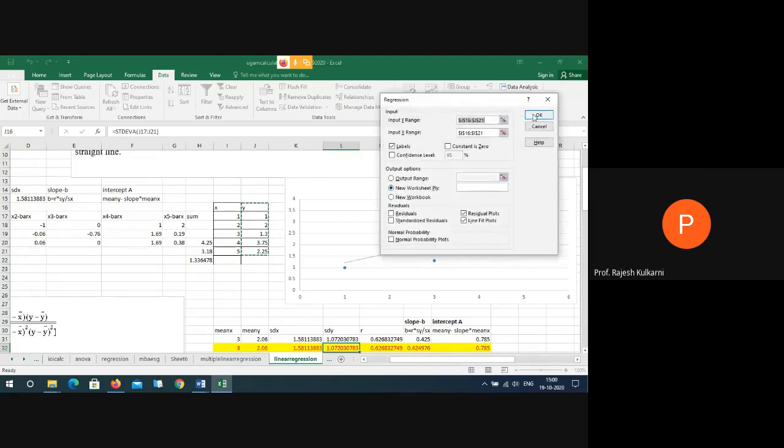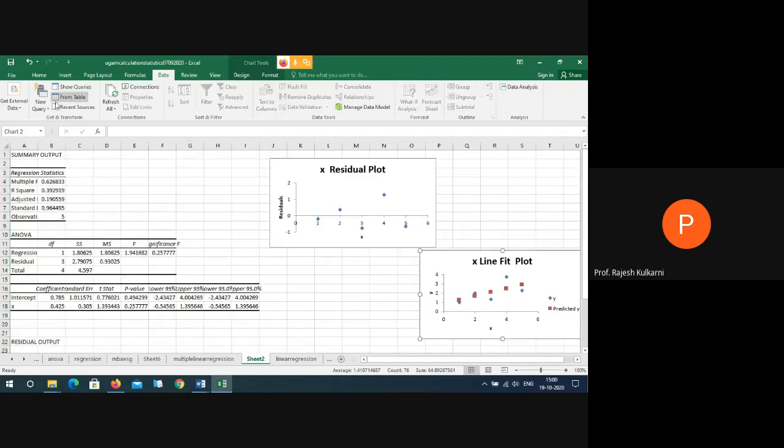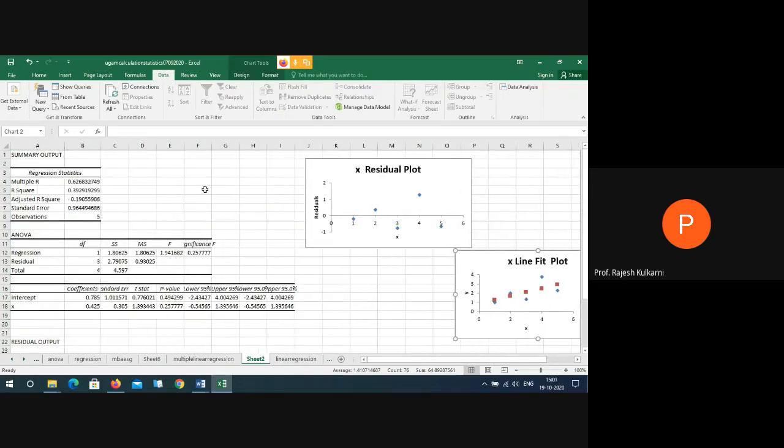That's fine. Okay, so these are the two diagrams. Is it calculated correctly this time or not? What is the value of R? Sir is correct. Value of R is 0.62. Then the intercept and slope values.